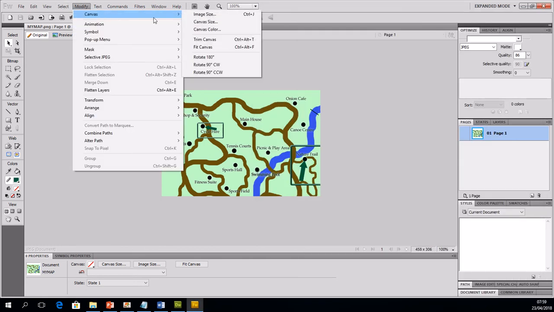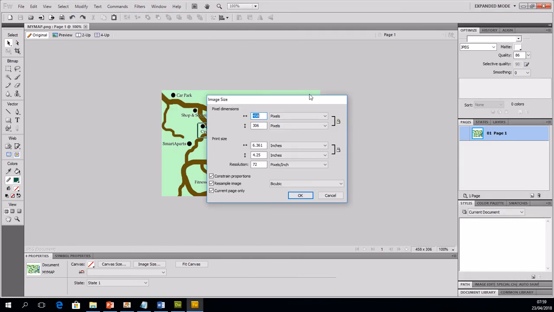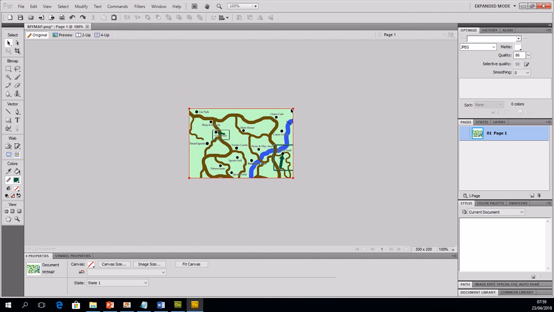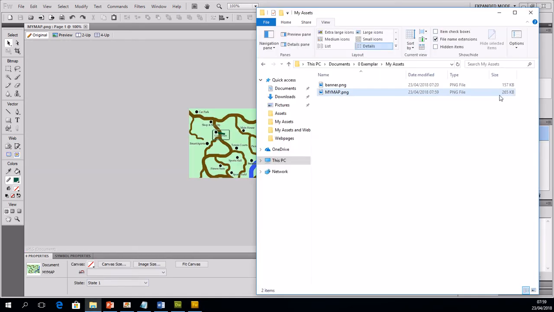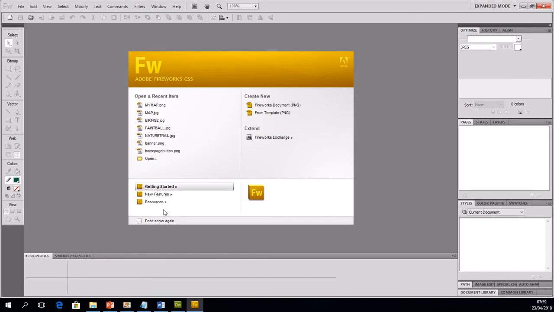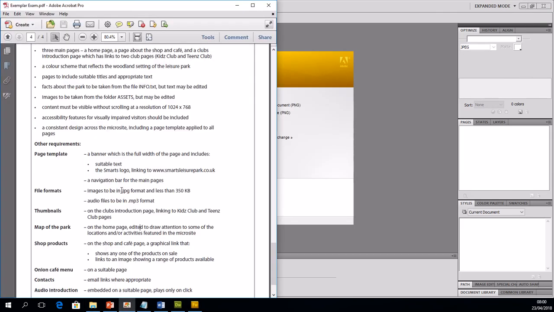And we'll just modify this one with our image size and try and make it 300. Save, and let's go back into the folder, and we can see it's now under 300, so it's ready to use. So if we go back to the exam and do a final check, so the map of the park